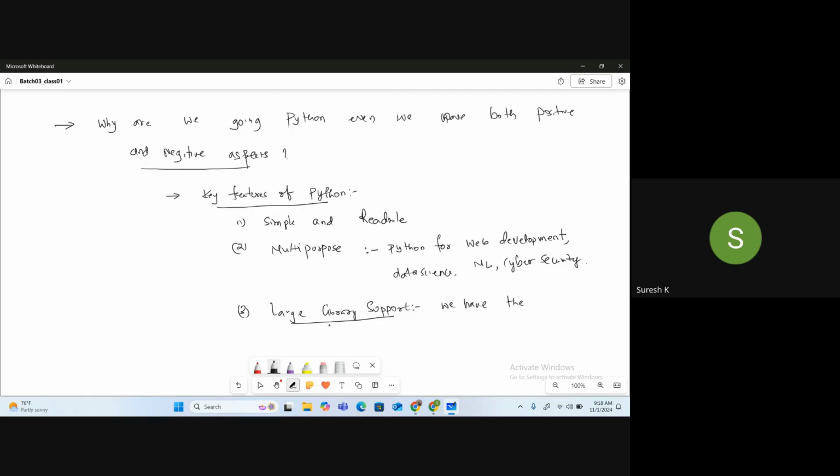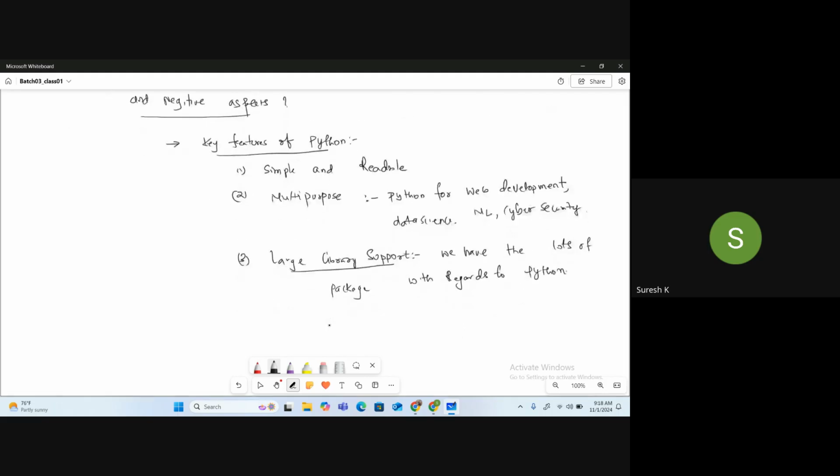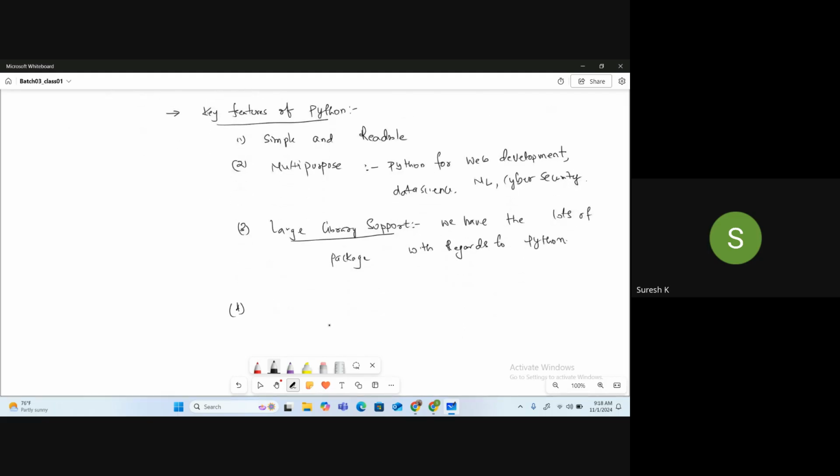We have lots of packages with regards to Python. The fourth point, most important, is open source. License free. We have Python as open source, a license free software.